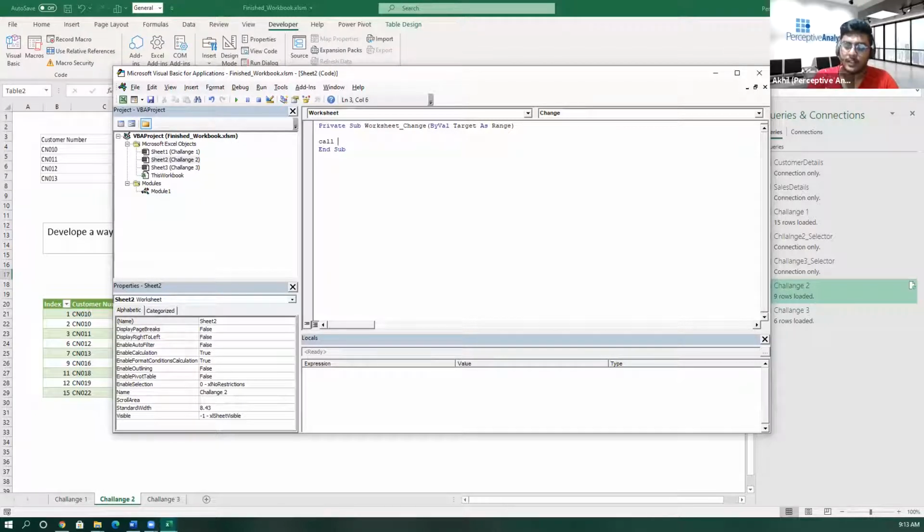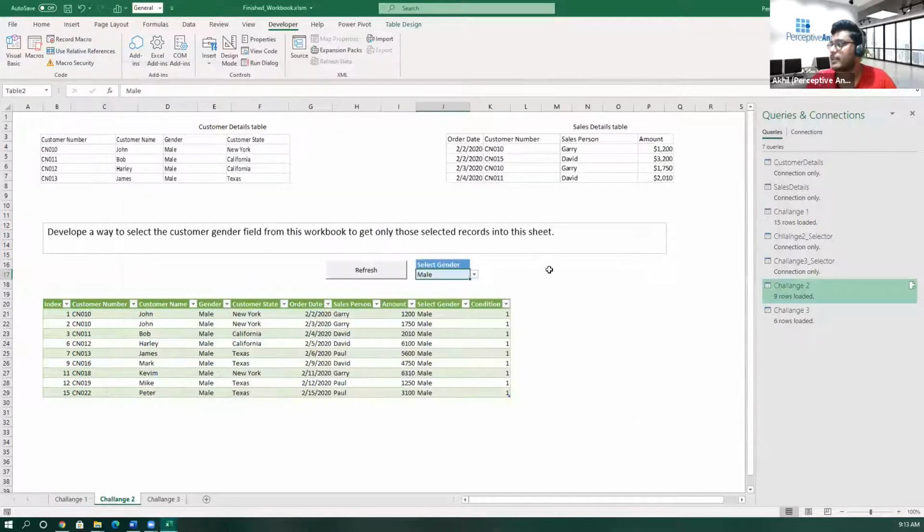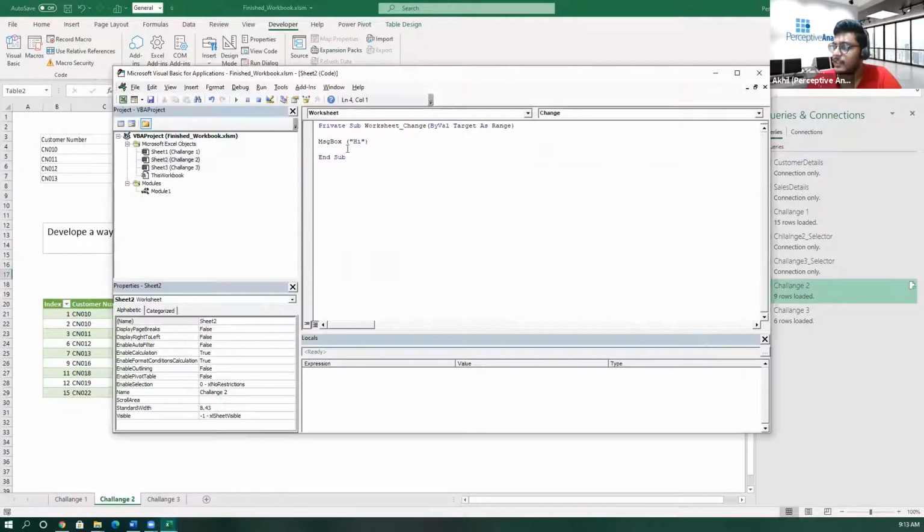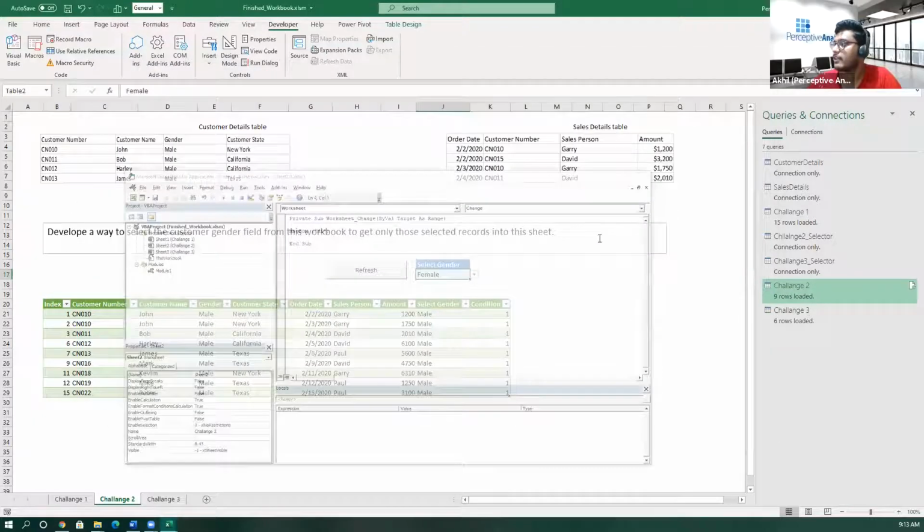All right, so let me explain how this is going to work. I'll just put in a message box saying hi, and drop that here. Now if I change this here, you can see hi has come. That means whatever code is inside this will run whenever a cell in this worksheet gets changed.